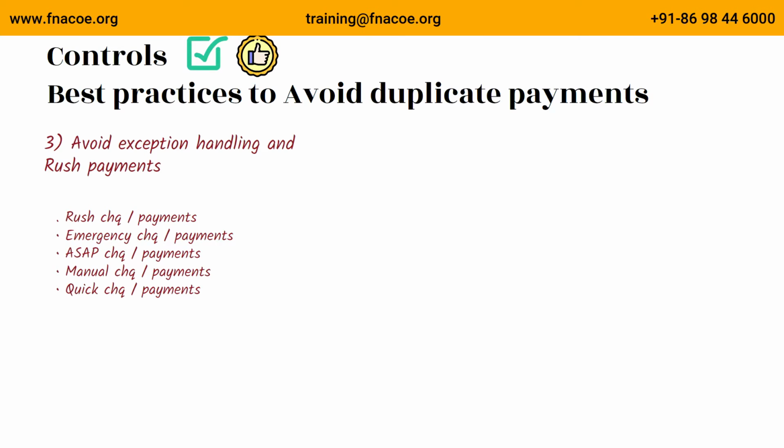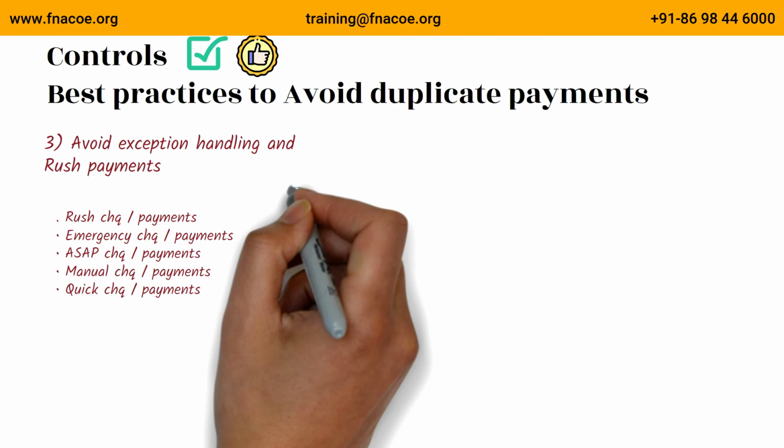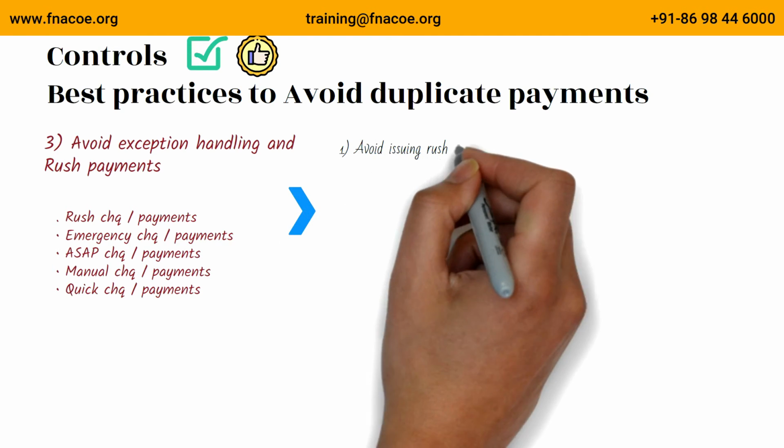Even if the call is legitimate, the chances are a second or third invoice has been issued before the vendor gets desperate enough to call and demand a rush check. Inevitably, the original invoice eventually makes its way into accounts payable and sometimes also gets paid. Part of the reason is that the manual process sometimes results in records not being updated or entered correctly. So you have to be very careful when you receive a request for a rush payment, right? You will need to do all kinds of due diligence before you release the rush payment.